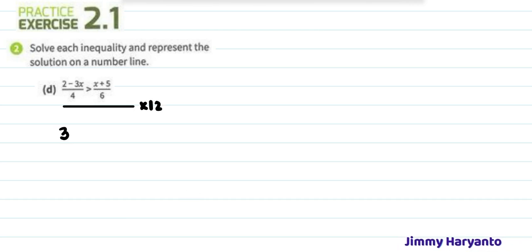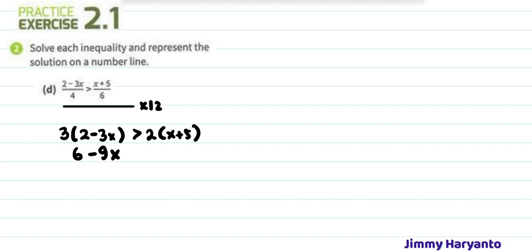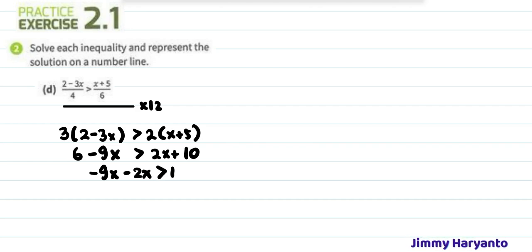That means 12 divided by 4 equals 3. And then we still have 2 minus 3x right here. And then this one is 12 divided by 6 equals 2, and then we have x plus 5 right there. And then I will multiply this, 6 minus 9x greater than 2x plus 10, and then I will move the 2x, that means negative 9x minus 2x greater than 10 minus 6, and then negative 11x greater than 4,